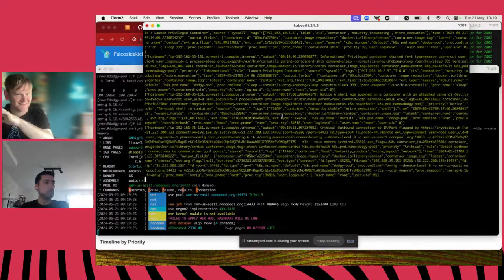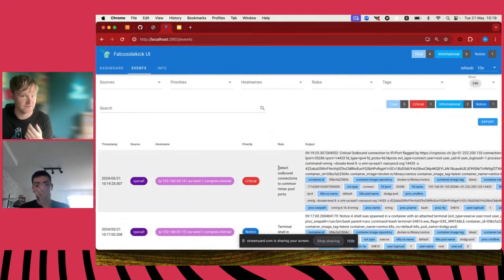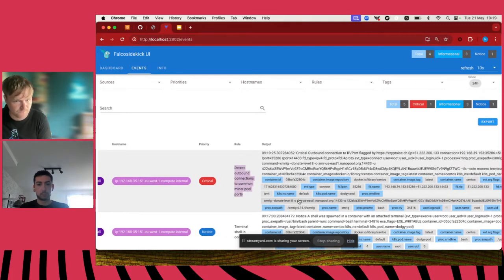Obviously, at this point, there's no point talking about the output of the logs, because it's so hard to read, because it's so big, and the more events coming through, it would just become unmanageable. So instead, I go to the events view, and I can see we got a detection for an outbound connection to a miner pool and port. But as I mentioned earlier, we need the context quickly to take action. So you can see here that we can see the full command that I executed there,